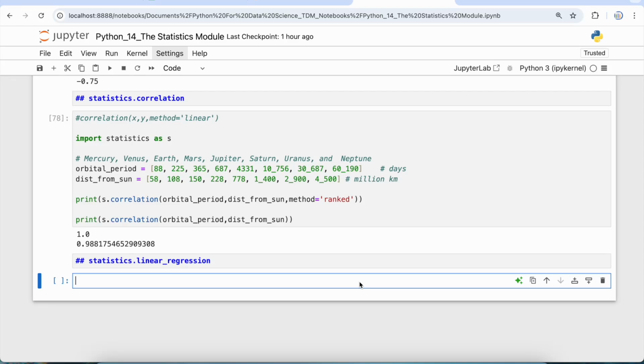I'm Atul, and in this video we are going to discuss the linear regression function from the statistics module in Python. This linear regression function returns the slope and intercept of simple linear regression parameters estimated using ordinary least squares. Simple linear regression describes the relationship between an independent variable x and a dependent variable y in terms of a linear function, which is y equal to slope into x plus intercept plus noise, where this